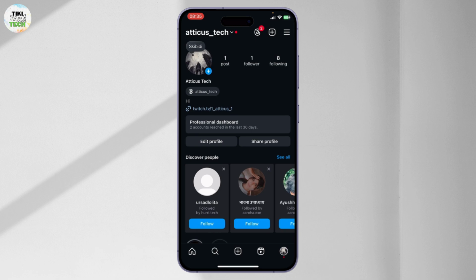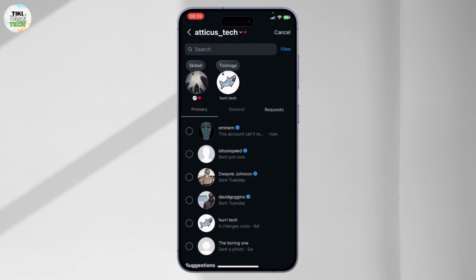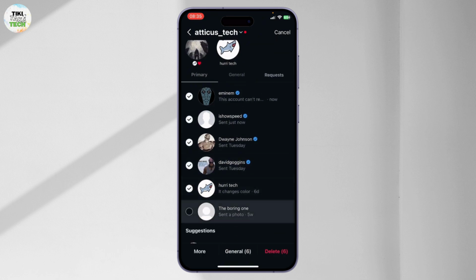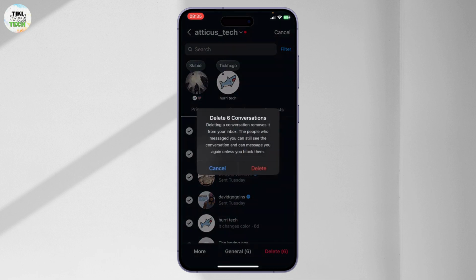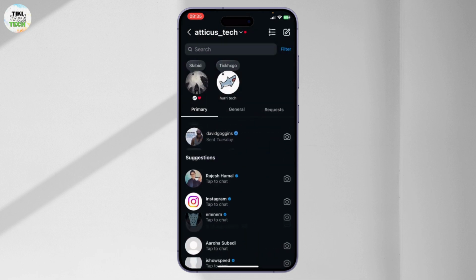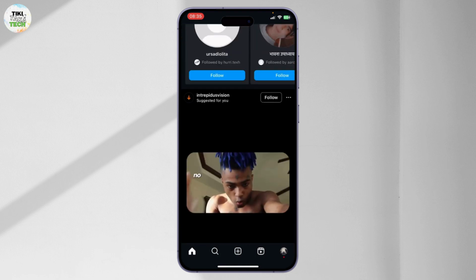Now after you've changed your profile into a professional account, you can directly go to the DMs. After you're on your DMs you will see an option on the top right that looks like lines with dots. Now just tap on it and now you can select all of the DMs that you want to delete. Just select all and then tap on delete and confirm the delete, and there you go, all of your DMs have been deleted. It's really that simple,